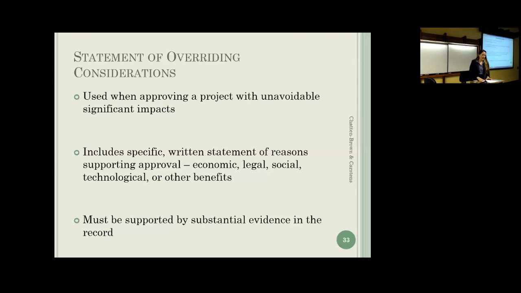And then one area where this feasibility finding gets a little bit fuzzy as well is the policy reasons for finding an alternative to be infeasible. Oftentimes that's about not meeting project objectives. And there is an issue when a project has very specific project objectives. We need to build 10,000 square feet of space at this specific location with these specific setbacks. That's so specific that you can't consider any alternatives, and it's too narrow. And courts have found that you can't rely on project objectives such as that to eliminate alternatives to a project.